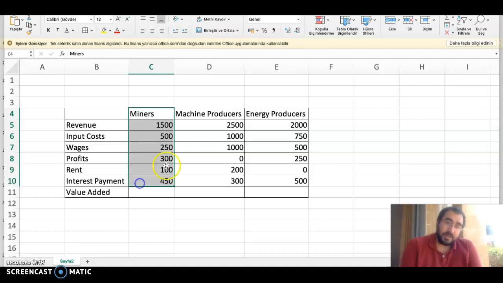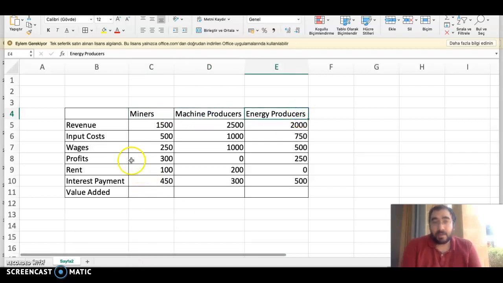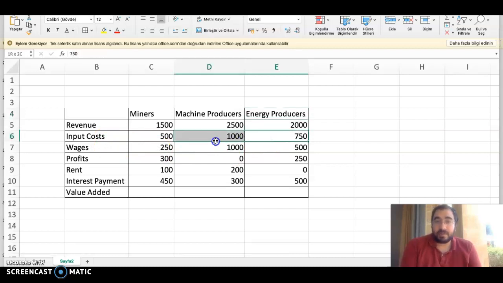You might consider a country where basically there are three sectors, which might be mining sector, machine producers, and energy producers. And here in this country, we assume all of these sectors have a certain amount of inputs, which might be actually given from other sectors. For example, if $1,000, let's say, input cost of the machinery sector is produced by the miners, this $1,000 is part of the revenue of the miners. Remaining 500 is maybe sold to the foreign countries, so it is not part of the output that is sold to